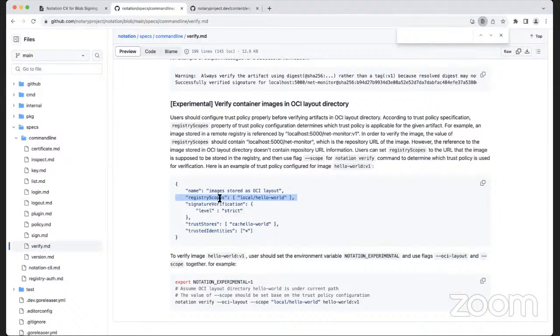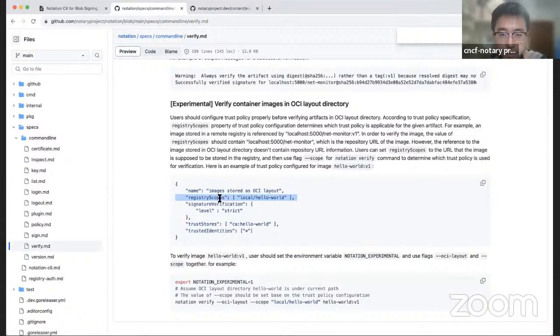Yeah, if we want to use the policy name for blob, I think it's better for OCI layout later. We can consider also to use the name, right? Otherwise, it will be a different experience.